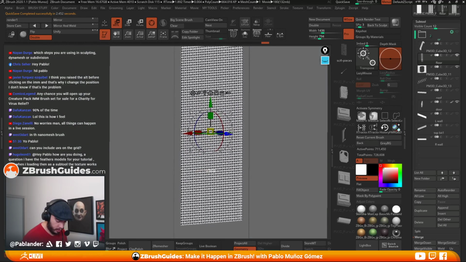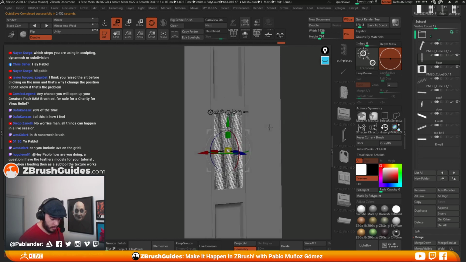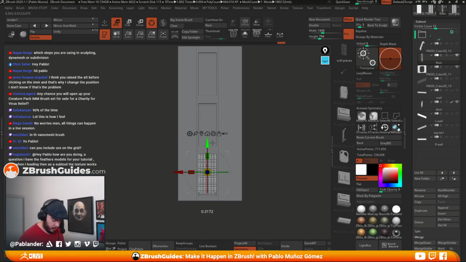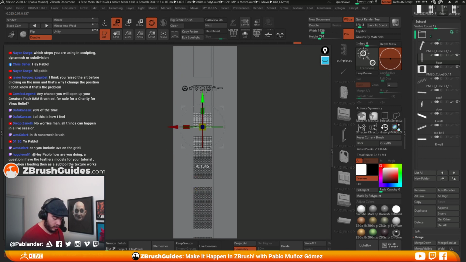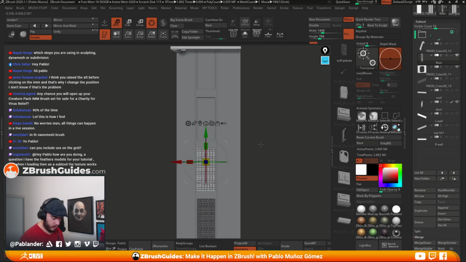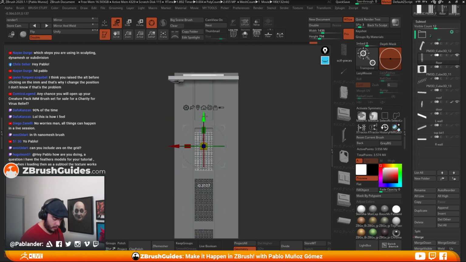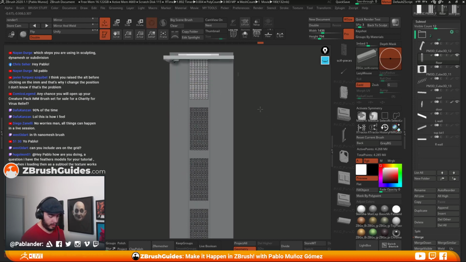Just want to make sure it is close to the base. All right, so let's put this one in the right place, and hopefully this works again. So hold Control, click and drag about that, and then just move it up. All right, cool. So now